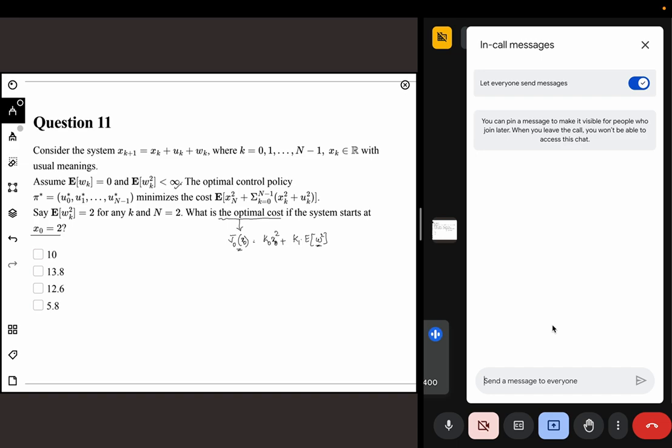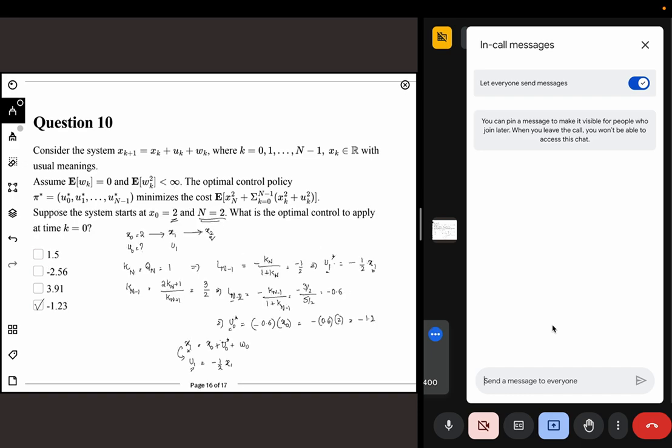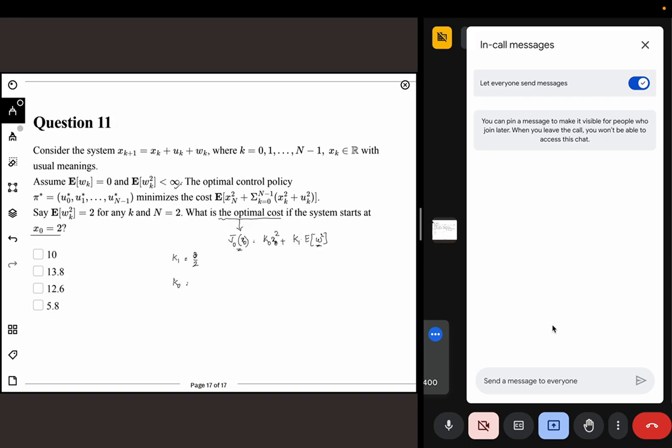So in this case, we know the values of k1, k2. I've just calculated it before. So I know k1 as 3 by 2, and k2 is 1, k1 is 3 by 2, and k0 is something I haven't calculated. Okay, k0 is going to be 2 times k1 plus 1 by k1 plus 1, 2 times 4 by